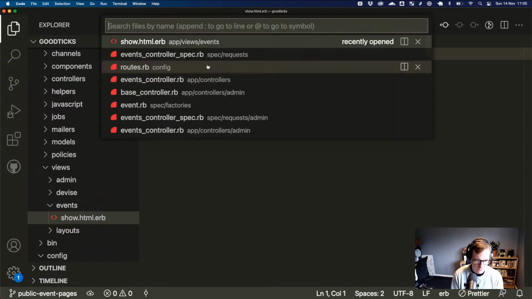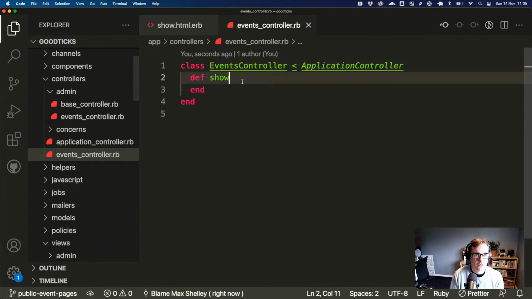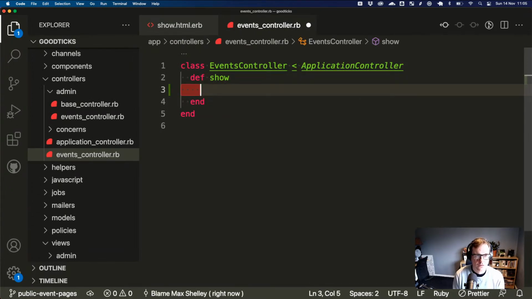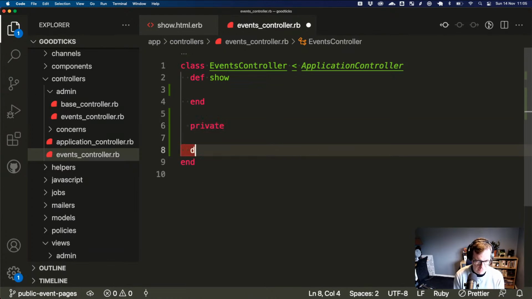We go into the view, and we are going to want to write some tests for all this stuff. So let's actually set the event. We're going to want to do set organization as well, aren't we?